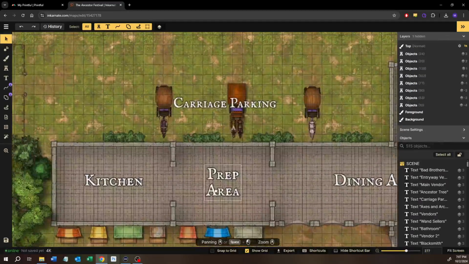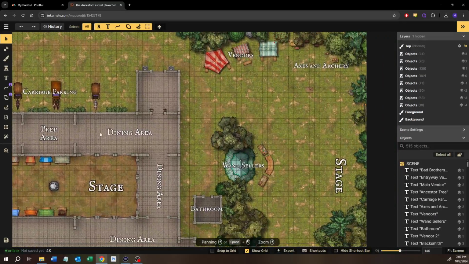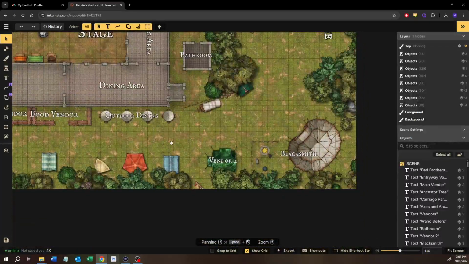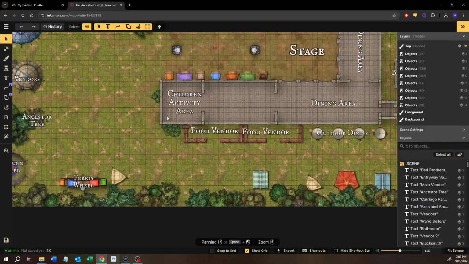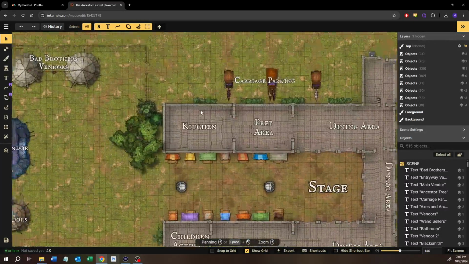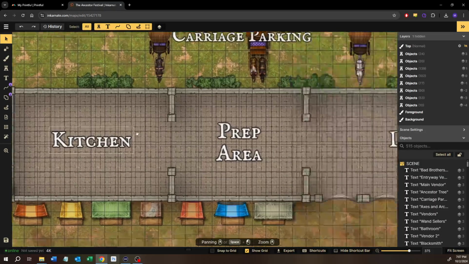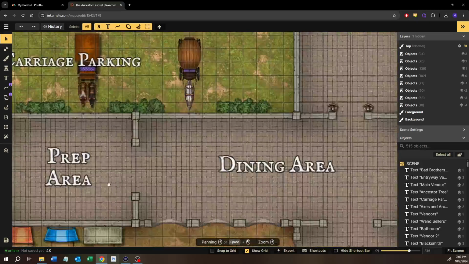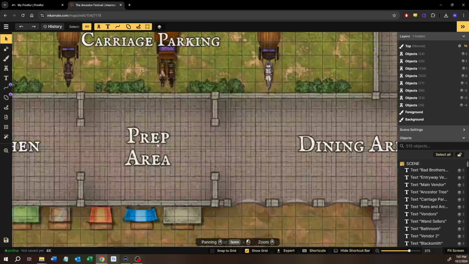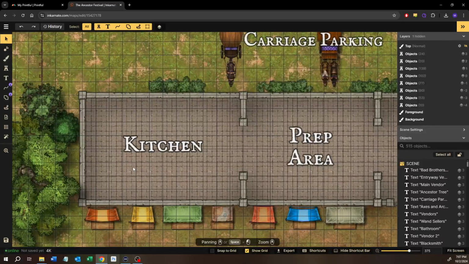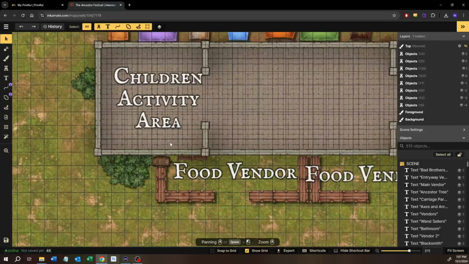We're going to be heading back to our festival map that we're working on. We're going to probably do a little bit of indoor work today because we haven't really done anything in here yet, so we're going to do some stuff in the kitchen, and we'll do some dining stuff, and we'll go from there. We'll see what we got. So I think what we'll start with is